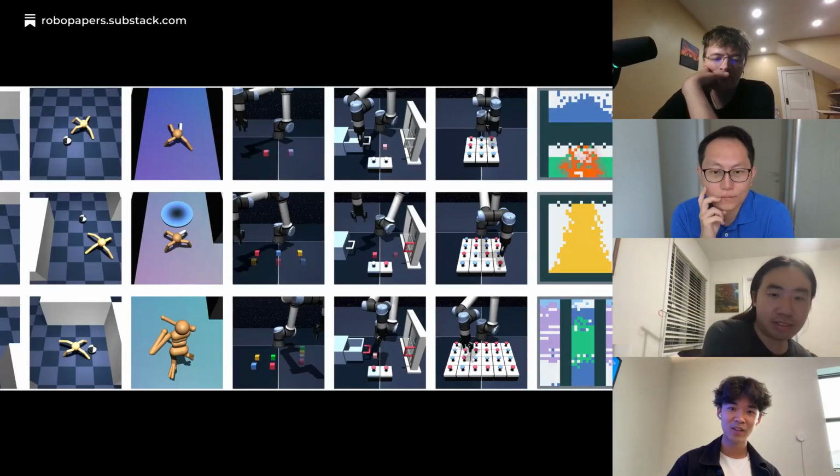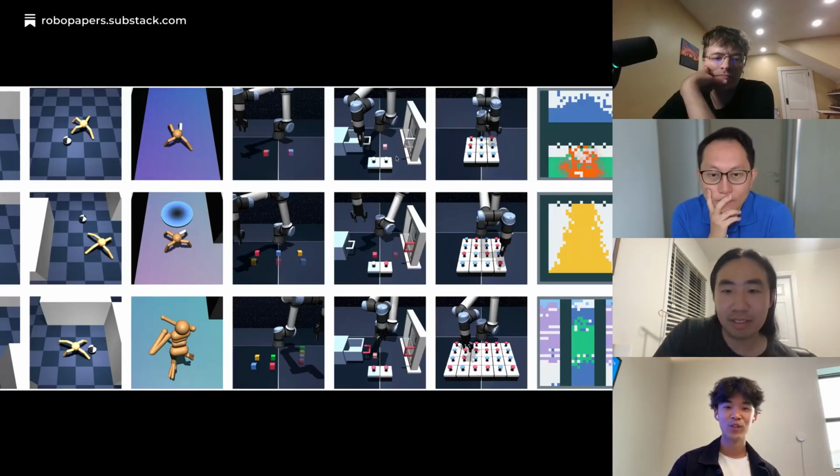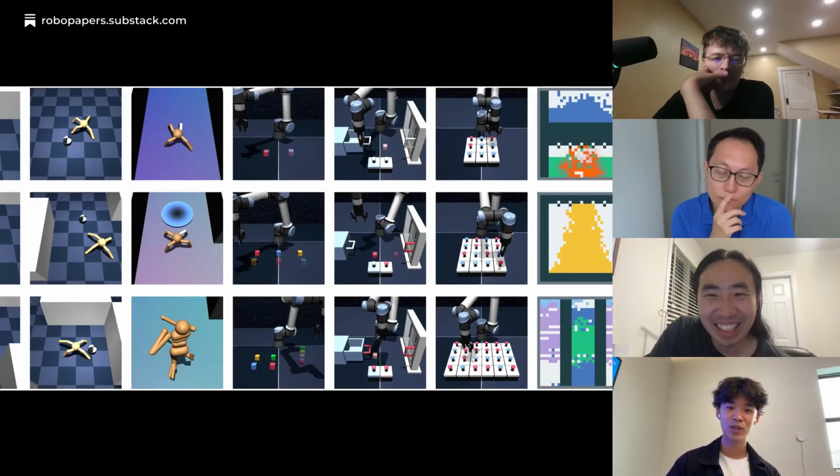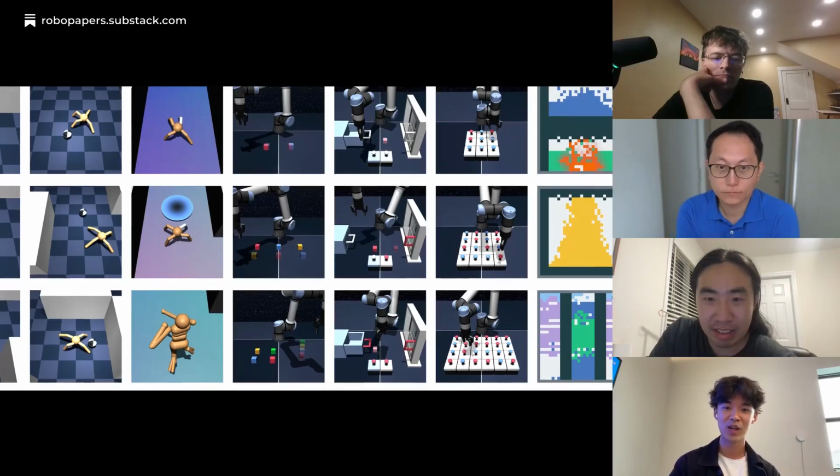To the left of it is the scene, which is a sequential task where you need to press buttons to unlock the drawer, open the drawer, and manipulate the little blocks, and there's a window to the right you can manipulate.